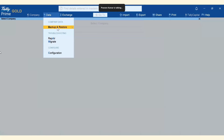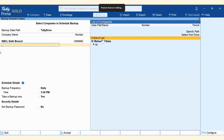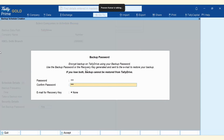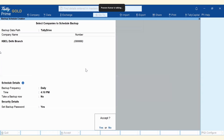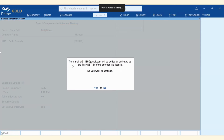Let's say I'll click on backup and restore right here. I'll go to schedule backup. I'll choose this particular company. So right here, I'll mention the frequency, time, and all of it. And then I'll mention the password as well, the recovery key, and the email address as well. Then I'll simply accept the screen. Finally, I'll enter the tally.net ID that is associated with my license. So once you enable this and continue,